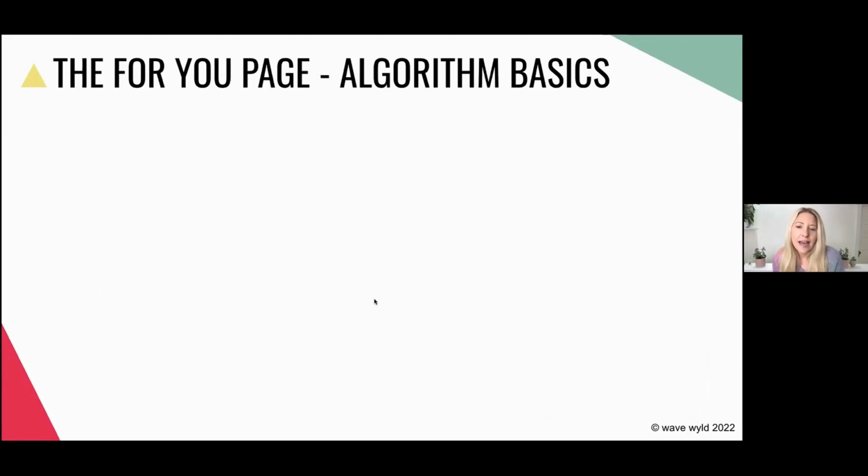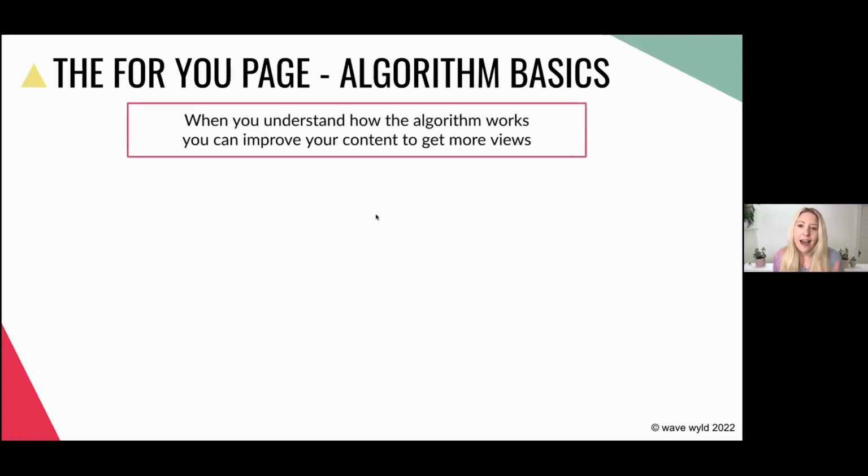So let's get into exactly how this algorithm works. You might be wondering, why is this important? Well, when you understand how the algorithm works, you'll be able to improve your video content to get more views. Your videos are measured in views, and on your profile page, you see that little number in the bottom left of your videos. The more views you get, the more exposure, the more visibility, the more chance you will grow an audience. The bigger audience you have, the more you can funnel through your link in bio.